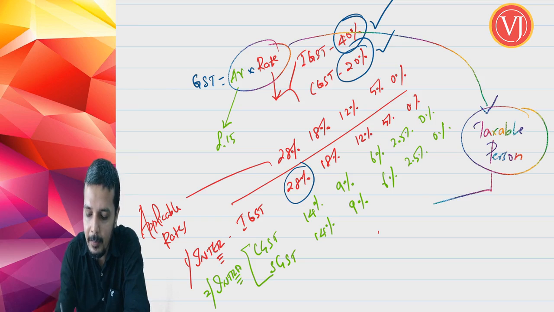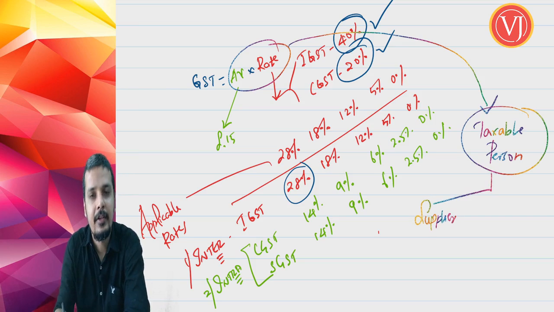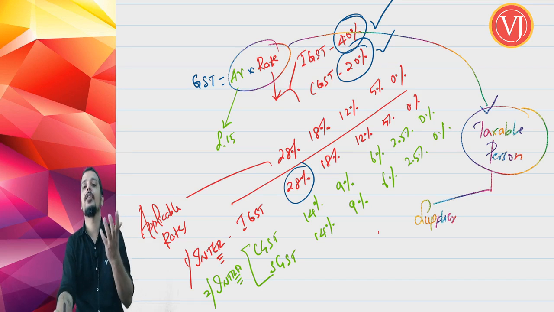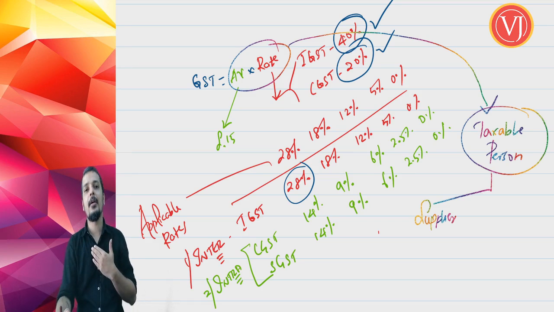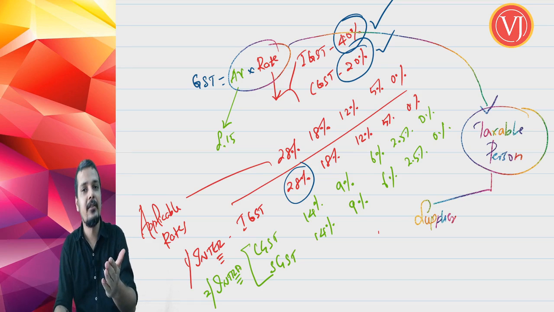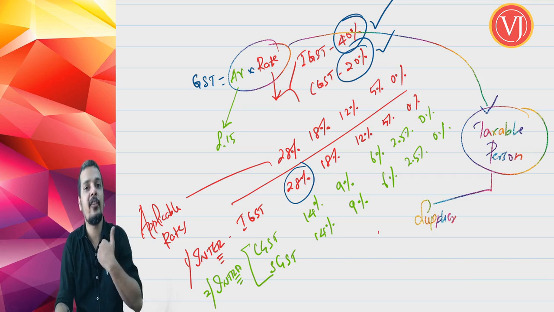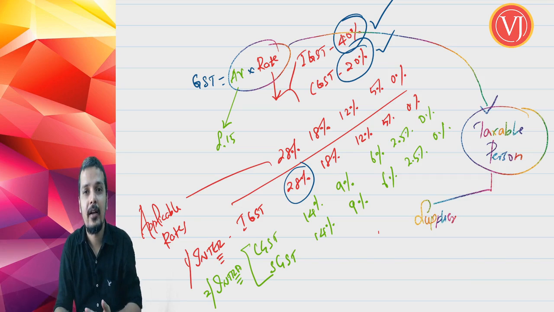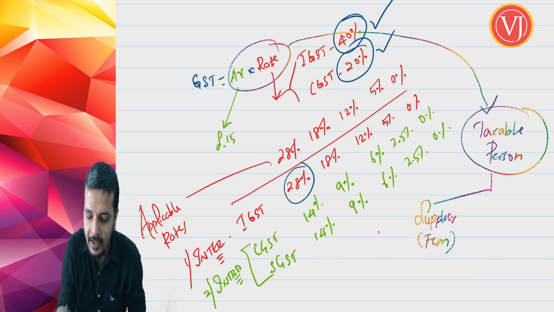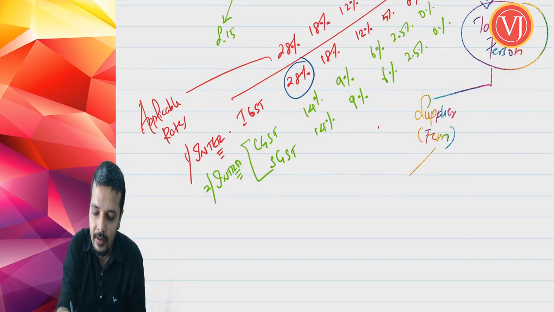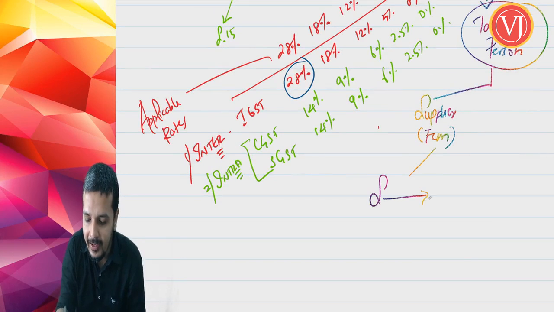Normally, when you talk about that taxable person from the angle of the supplier, it means that the supplier has to pay GST to the government. So if I am selling you goods or I am giving you my coaching class services, I am the supplier and you are the recipient. So normally the government expects the supplier to pay tax to the government, which is called the forward charge mechanism. Why is it called the forward charge mechanism? Because the supplier will collect tax from the recipient.